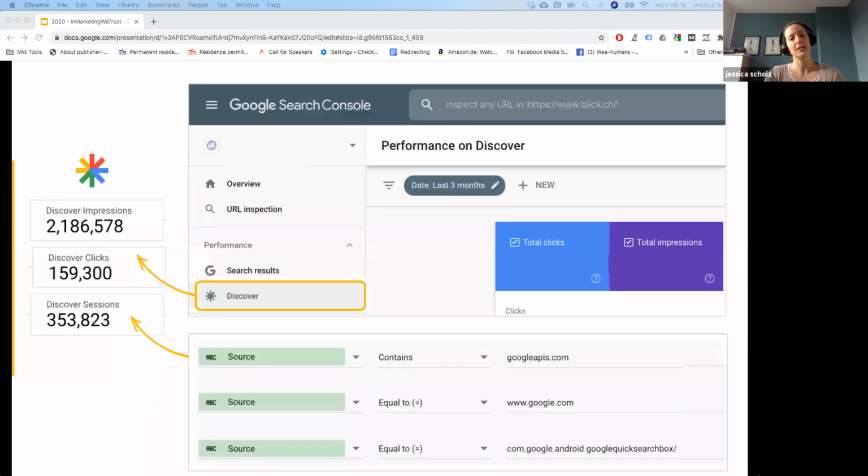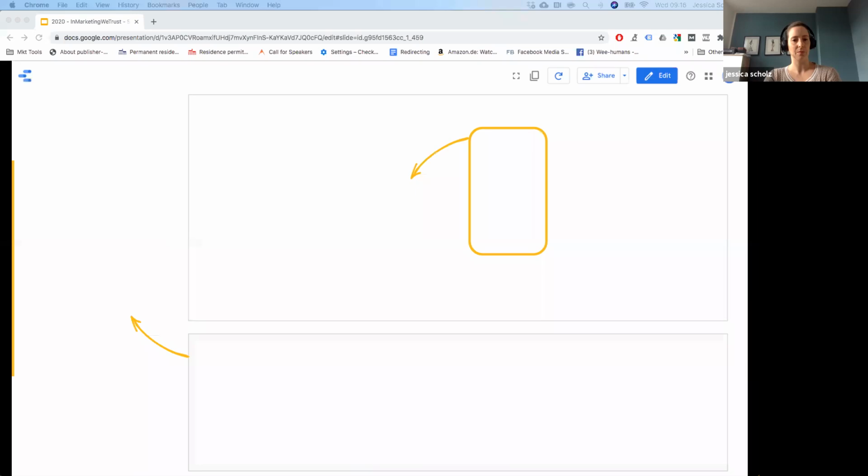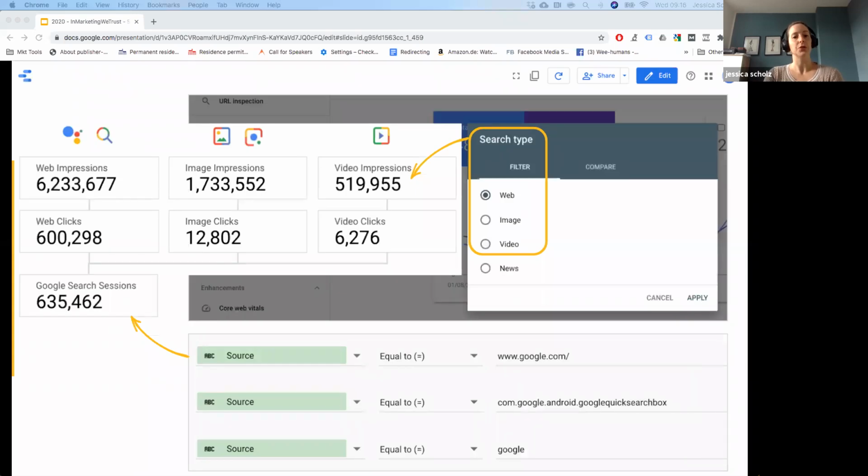First, pull in the Google Discover KPIs. The impressions and clicks come from Google Search Console and the sessions from our custom view. Then you pull in your Google Search Console data for web, image, and video, as well as the search sessions also from the custom Google Analytics view. Now, one thing to note is that these sessions are a combination of 5 Google products: Universal Search, Google Assistant,